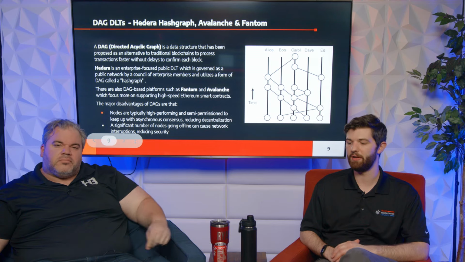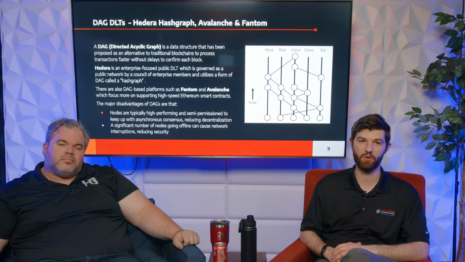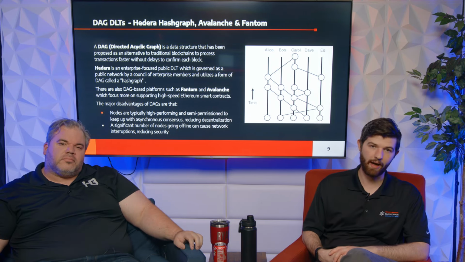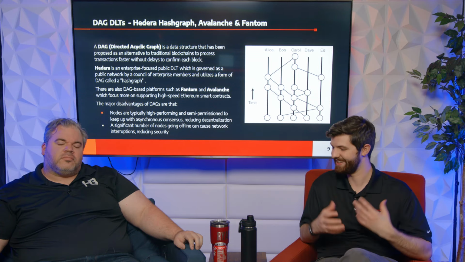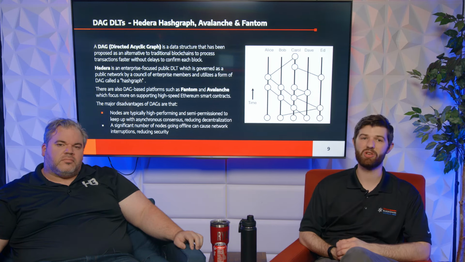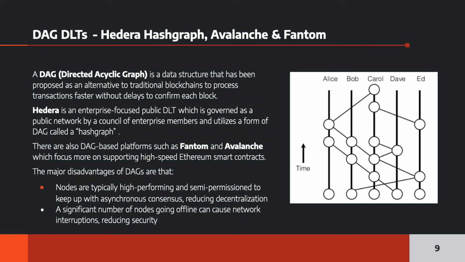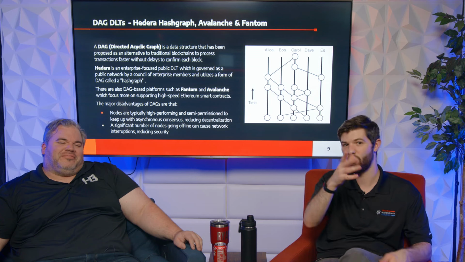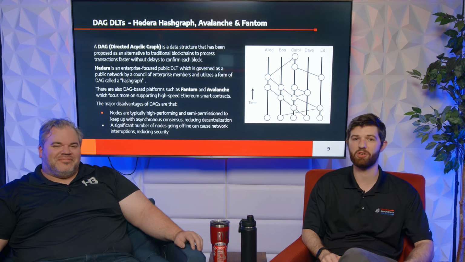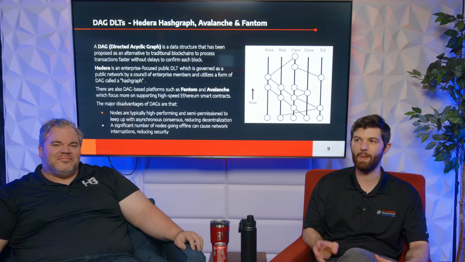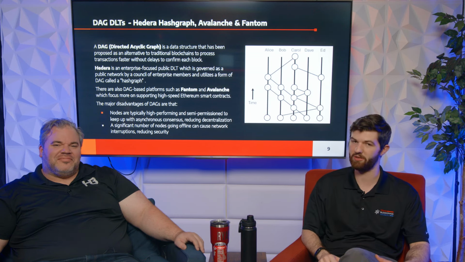So finally, we're going to talk about another class of alternative frameworks, which is not even technically a blockchain, although sometimes they get called blockchains anyway because it's just a catch-all term, which are DAG DLTs. And when I say DAG, I mean a directed acyclical graph, which is just the computer science term for a graph going one way. It's a set of points going in one direction, and when we say a graph, in this case, we're talking about a set of messages that are being shared between participants.